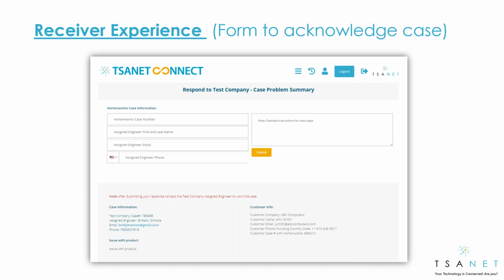And this could be, if it goes into a queue or something like that, it could be that it's not assigned at this stage, right? But then you can come in here and give special notes. It could be that I want to work this issue by opening up a Slack channel, so here's a link to that, or a Microsoft Teams or a WebEx or whatever it happens to be, or I'm going to call you. However you determine that you want to work this case is up to the receiver. And so you will go back and say, this is how I'm going to work the case, submit that ticket back. And from a TSANet perspective, we've connected those two endpoints,